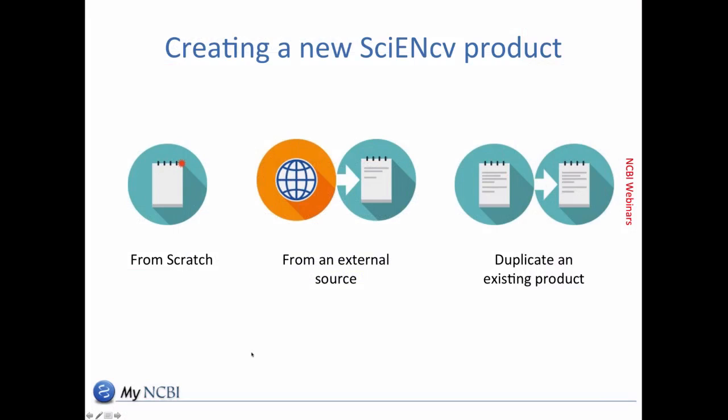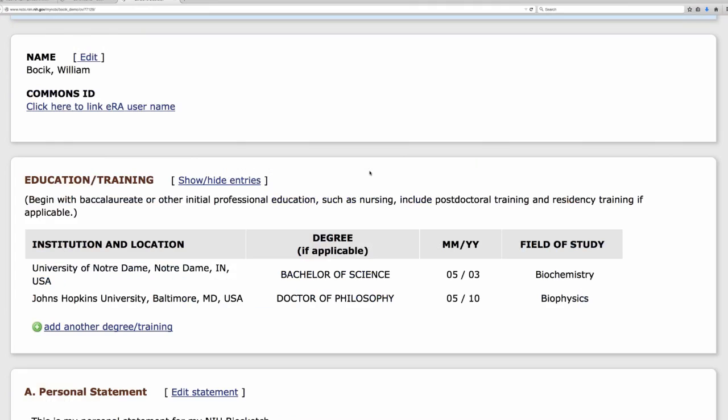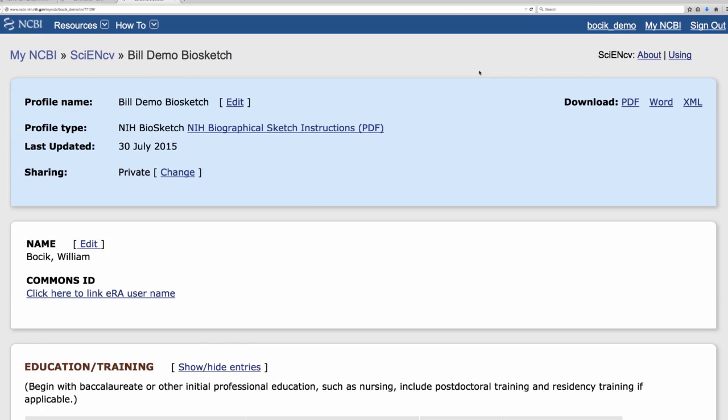So again, you can create a Biosketch from scratch. You can create a Biosketch from an external source such as ERA Commons, National Science Foundation, or ORCID, or you can duplicate an existing Biosketch so that you can tailor an existing Biosketch to the specific grant that you are requesting to be funded. If I wanted to create a new Biosketch, I'm just going to go back here